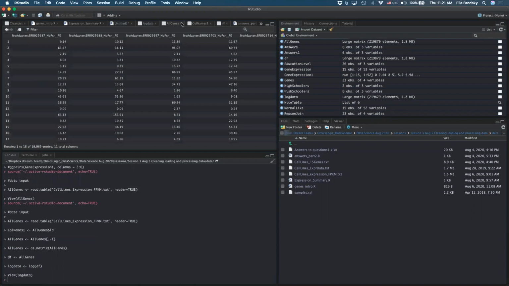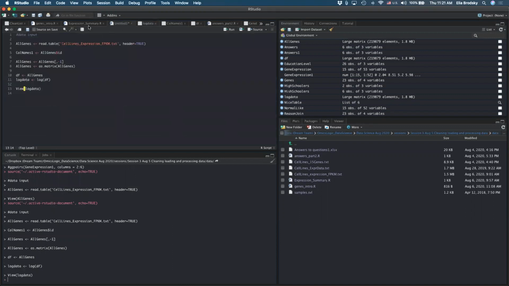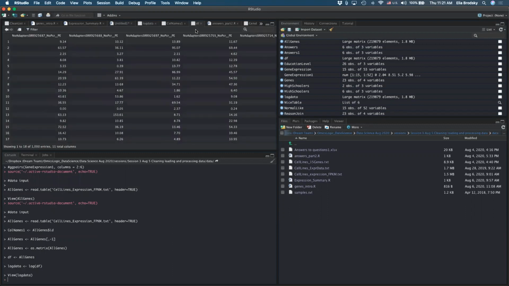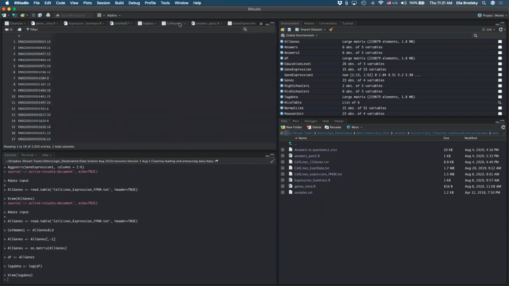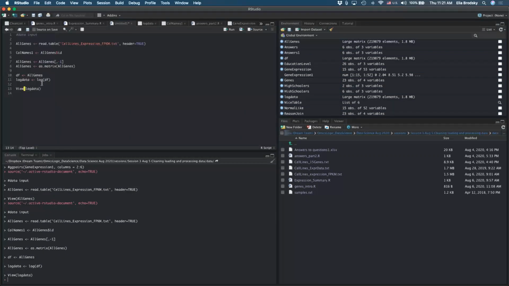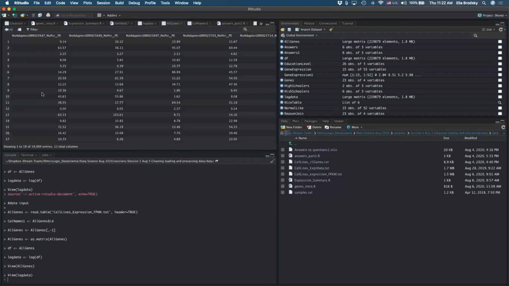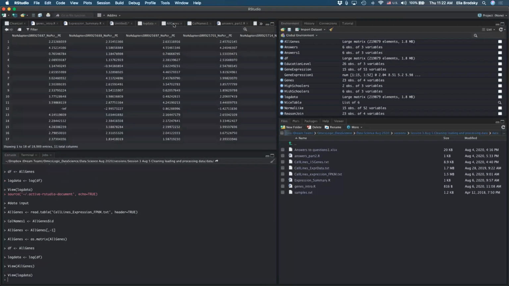Oh, let's look at our df. Oh, let me close all this. I'm not sure where this is going to go. Let's view all genes and view log data. Okay, so here's our all genes and here's our log data.